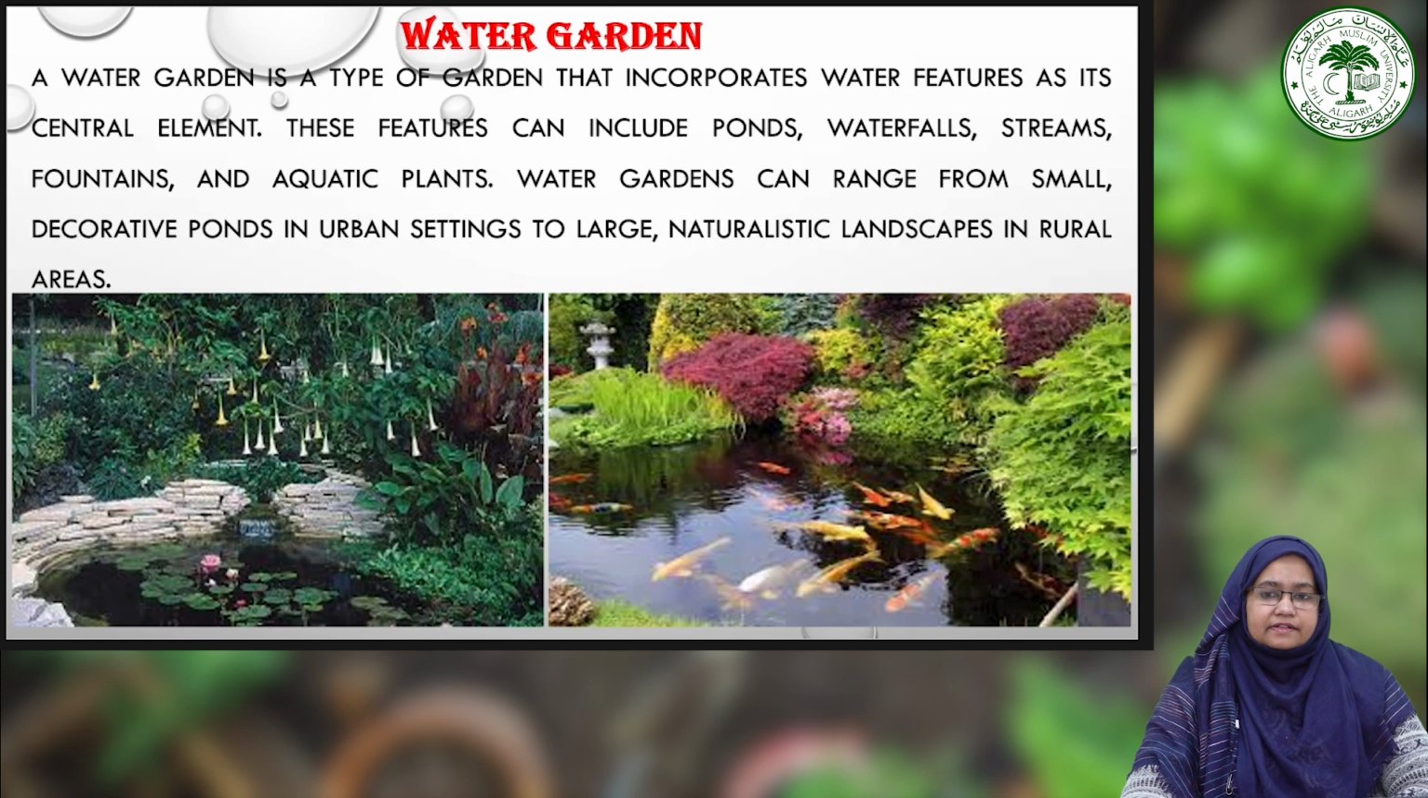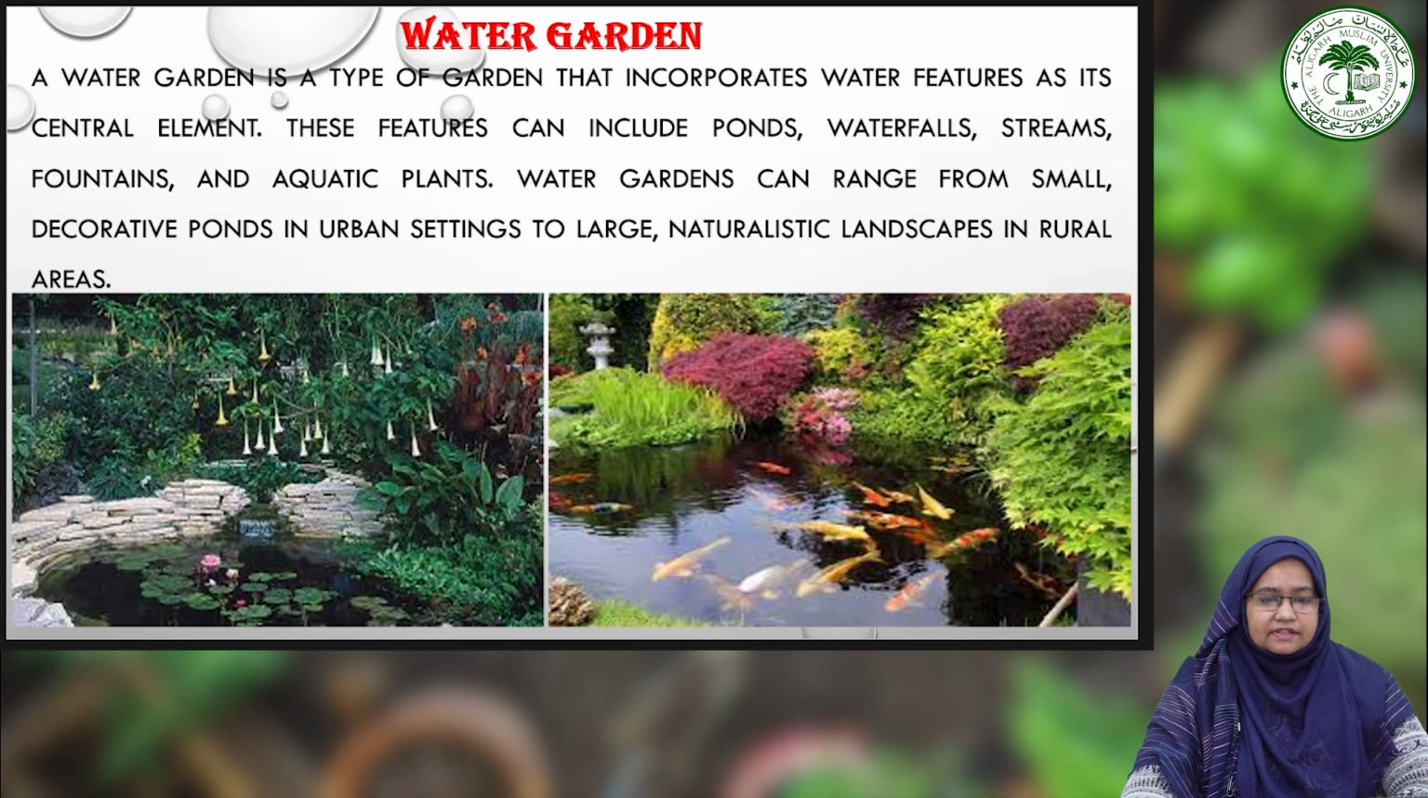A water garden constitutes a form of garden design where water features serve as the focal point. These elements encompass ponds, waterfalls, streams, fountains, and aquatic flora. The scope of a water garden varies widely, extending from compact ornamental ponds nested within urban environments to expansive organic landscapes